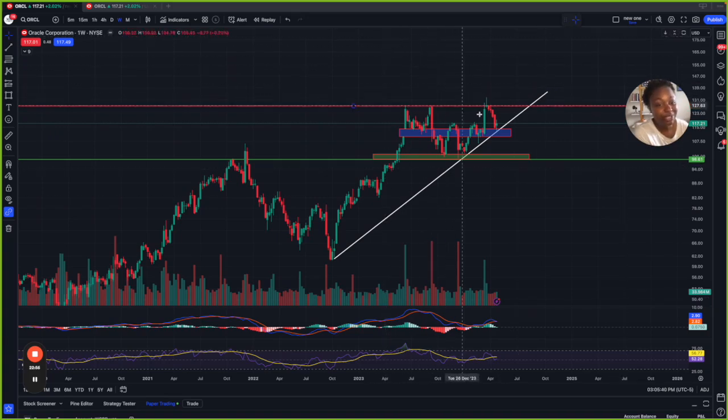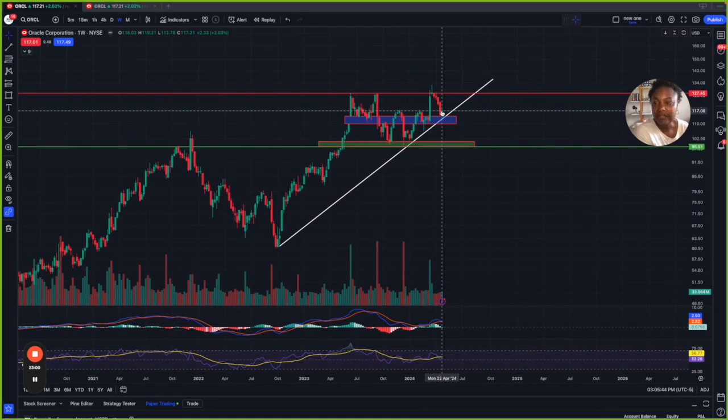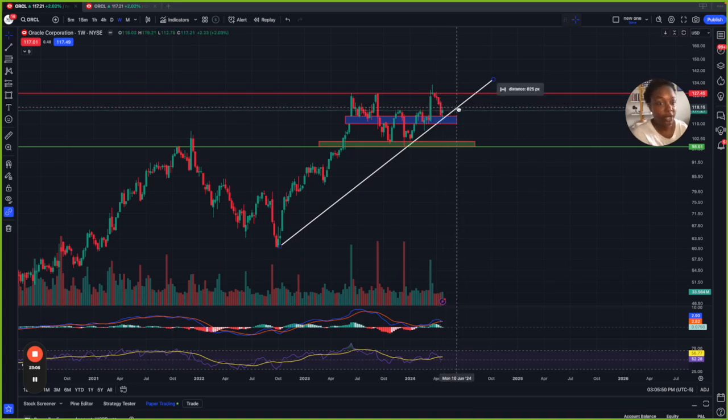But we can only believe in it if, in the week that's upcoming, the high of last week was 119.21, and I'm the type that likes to round it up to the next whole number. So if we see a break above 120,